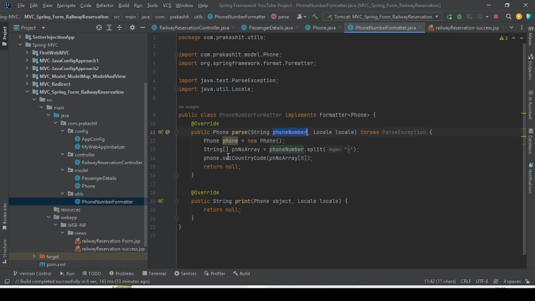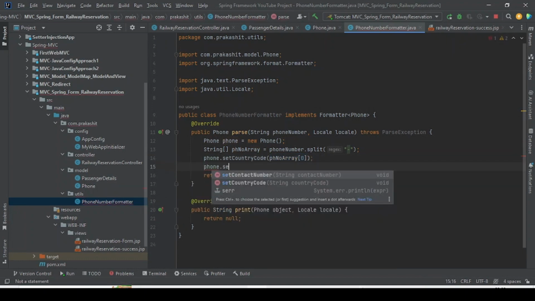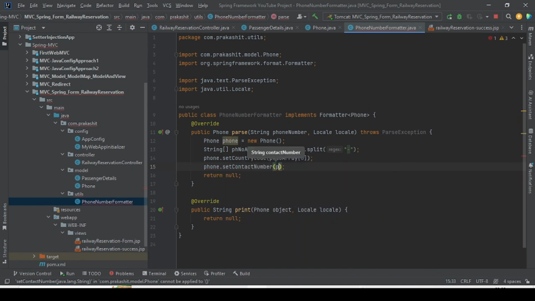So what we are doing, we are setting this phone number contains country code and country, whatever the user has submitted, that we are splitting, and from that we are adding this contact country code. And here again what we will write: phone dot set contact number, and this is nothing but phone array of index 1. Okay, so this is what we will write,